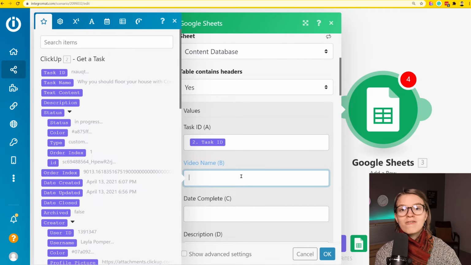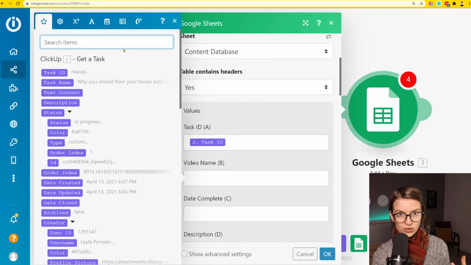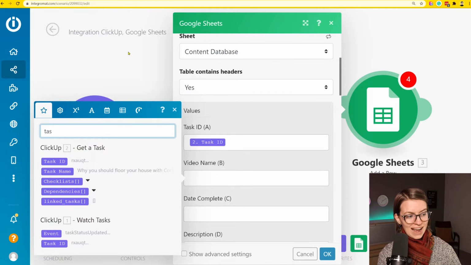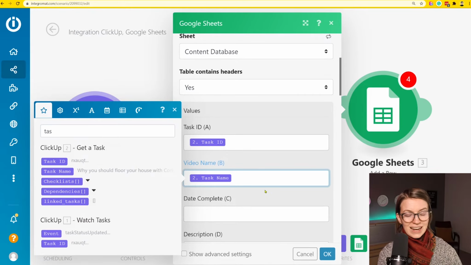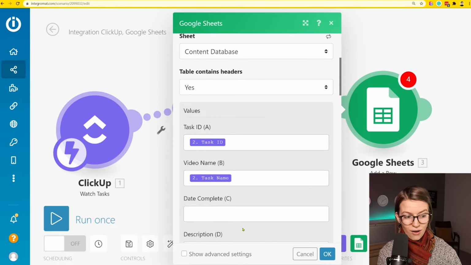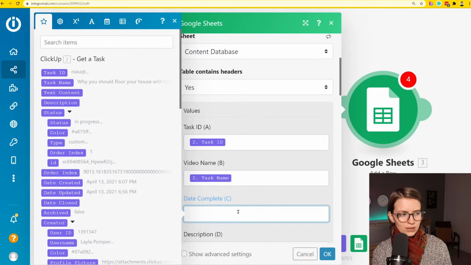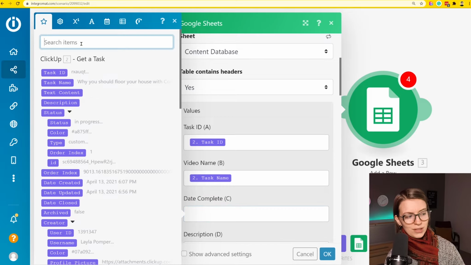The next one, I want my video name. Where's my video name in ClickUp? This is where you need to start knowing your own structure. In this case, I know that my task name, right here, is always my video name. So there we go. The next piece is date complete. If I start typing in date complete,